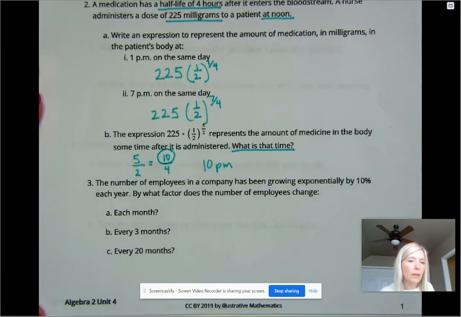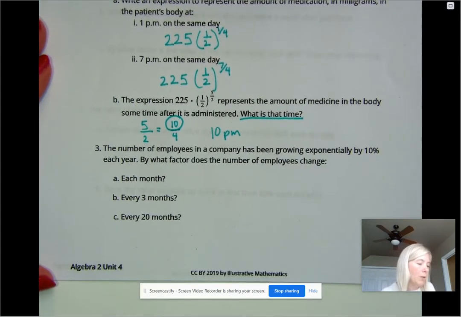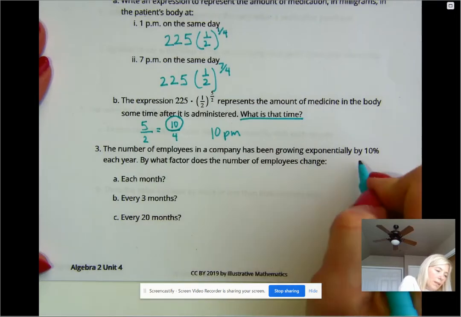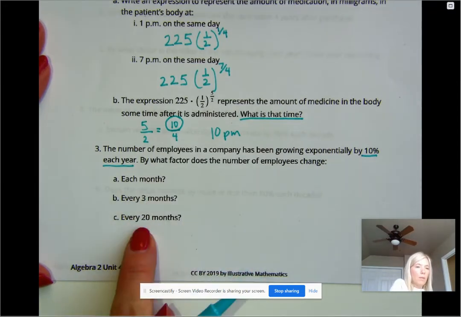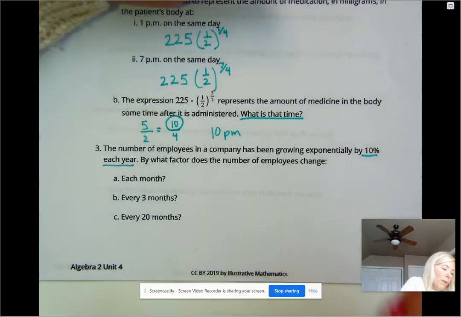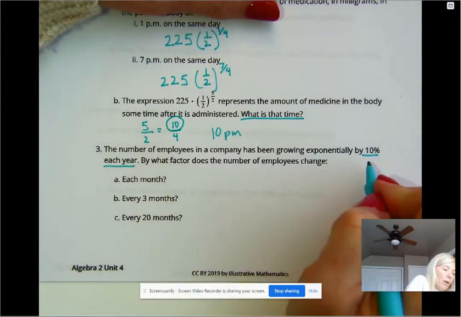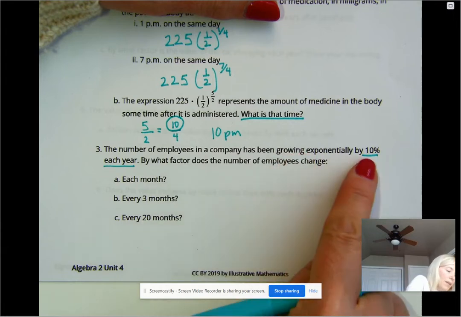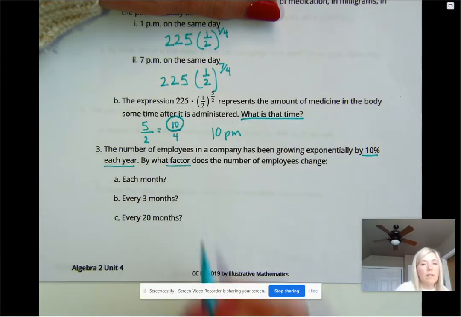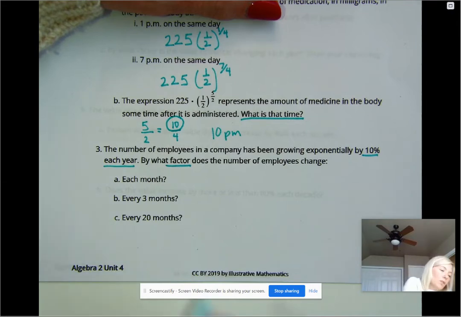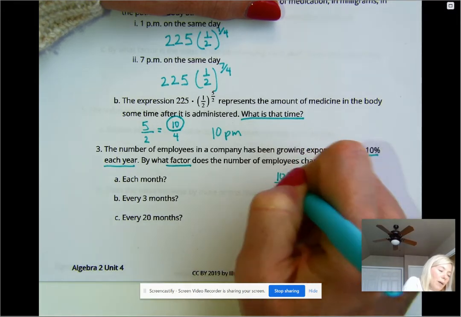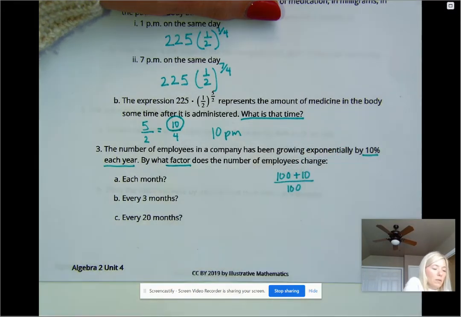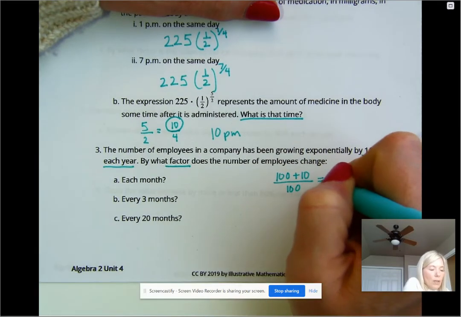Okay, number 3. The number of employees in a company has been growing exponentially by 10% each year. By what factor does the number of employees change each month, every 3 months, and every 20 months? So we have a little bit of back work that we need to do. We need to talk about growing exponentially by 10%. Then what's the factor even just in the year? So remember, you do the full 100% plus the 10% growth and then divide it by 100 to make it a decimal. So in a year, the factor is